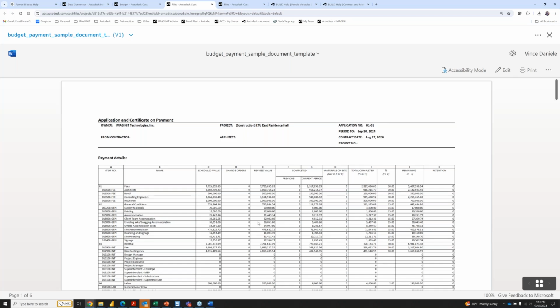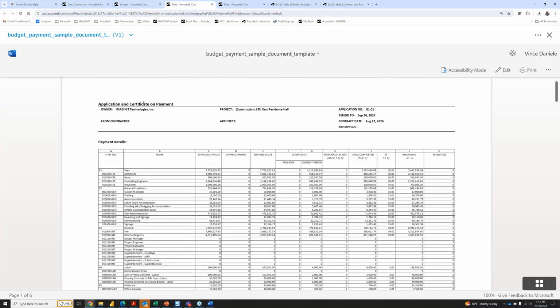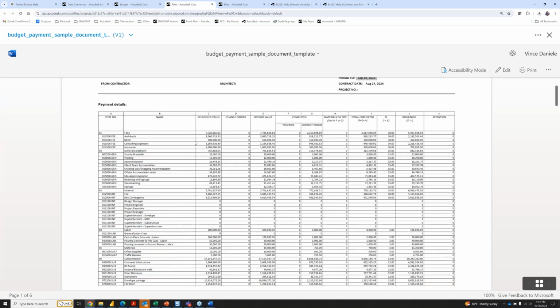All right. So it looks like, as you can see, it filled out that standard information that I showed you within the document template, like the owner, the project name. It pulls in our payment application number that's assigned to this pay app. So contract 1, period 1, shows us the billing or the invoicing period. So contract date was executed on the 27th, but this billing period goes to September 30th. I must not have a project number or else it would have pulled that in,